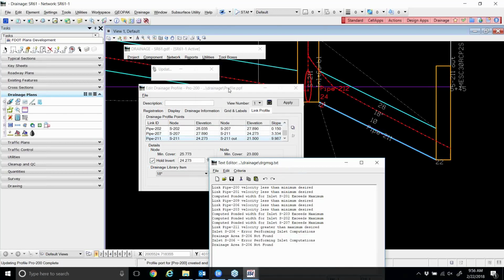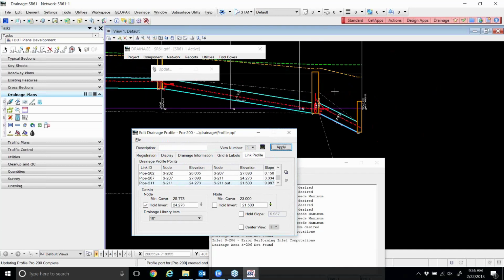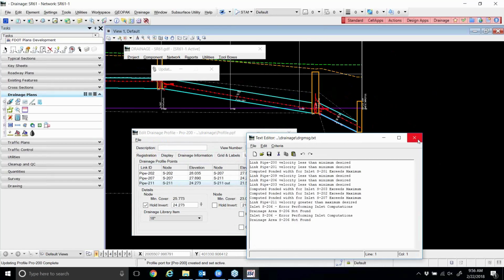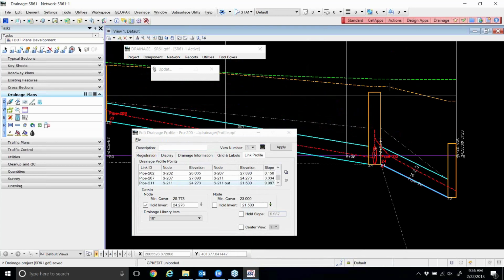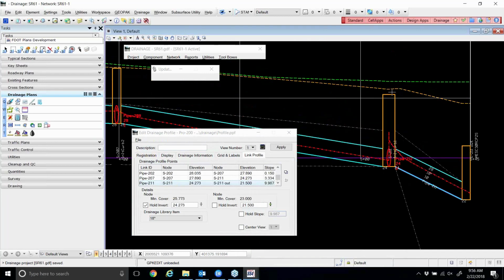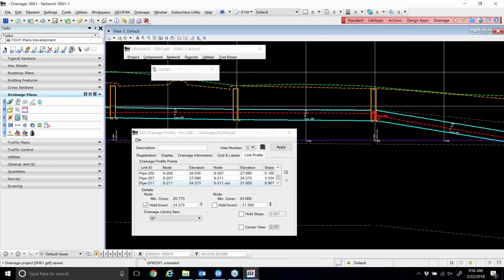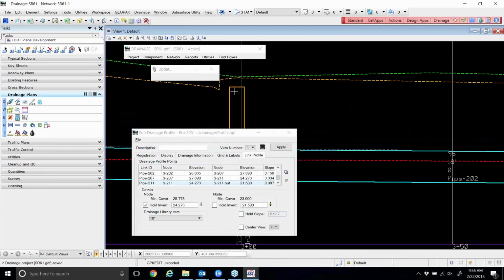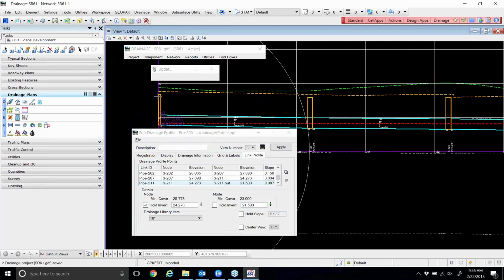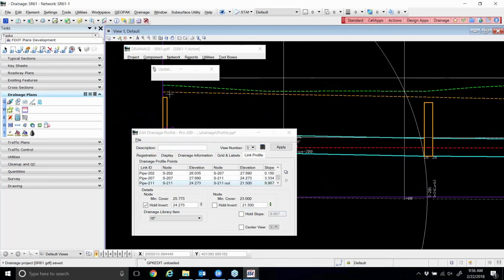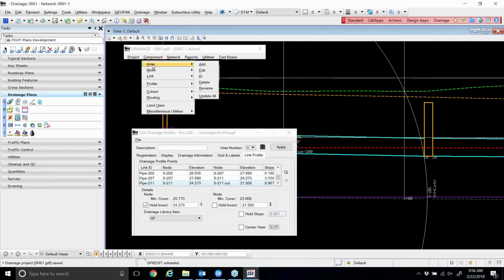It goes ahead and recomputes that network and redraws everything here. Now you are seeing a little gap. This orange line that I have here is the proposed elevations, or the proposed roadway project. You're going to see that all your structures are quite a bit lower than the proposed grade for our project. The reason for that is back here when we did, I believe it's in the nodes,